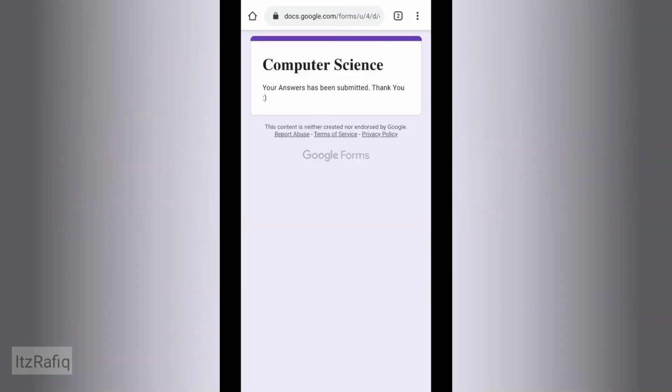After submitting your form, you will see the message that your answer has been submitted or your form has been submitted. That means you have submitted your form, and you also have proof with you that you have filled up the form.